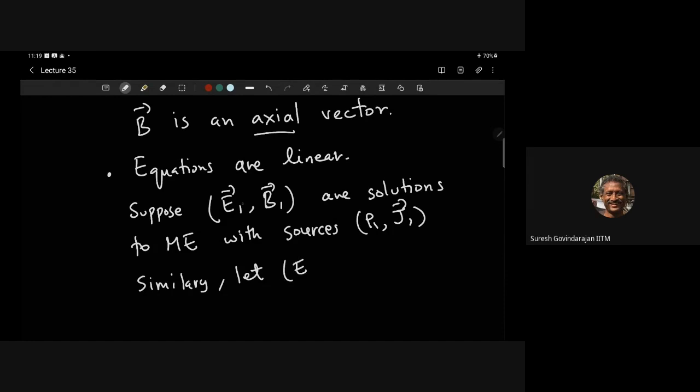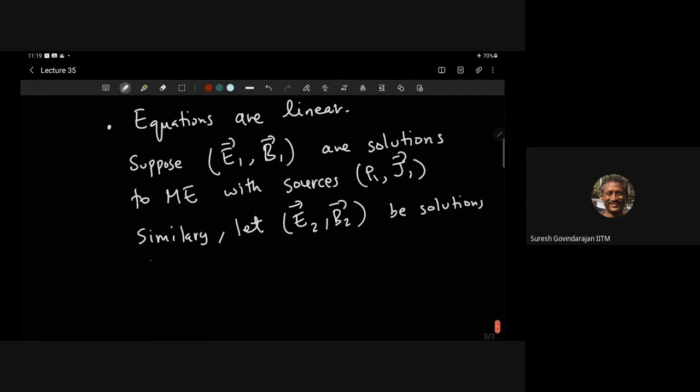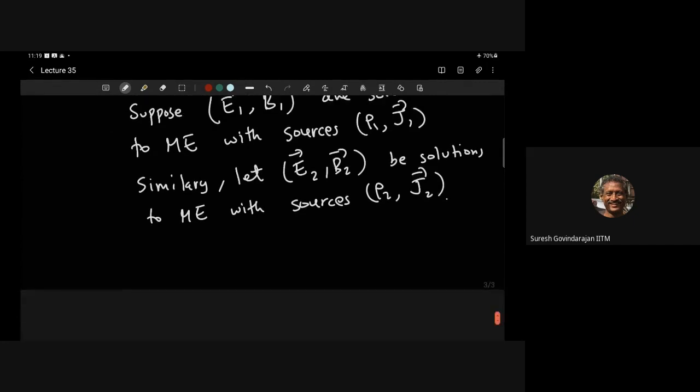I'm hiding the space-time arguments. Similarly, E2, B2 are solutions to ME with sources rho 2, J2. So you put a bunch of sources, rho 1, J1, solve the equations, and you get E1, B1. It might be very, very hard, but that is not important. Suppose we can solve it, that's what we get. Similarly, if you change the sources to rho 2, J2,